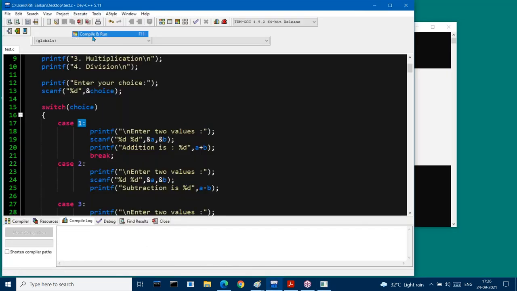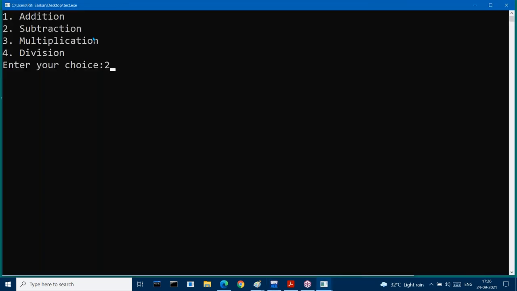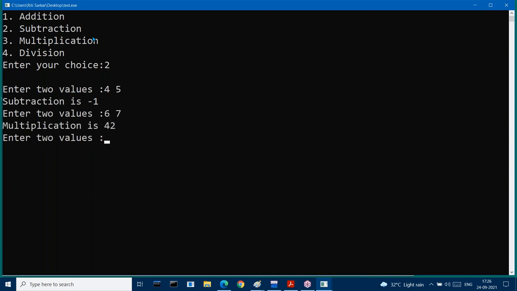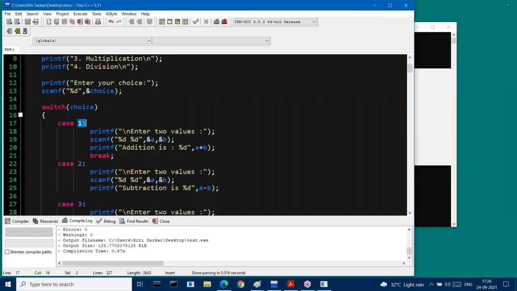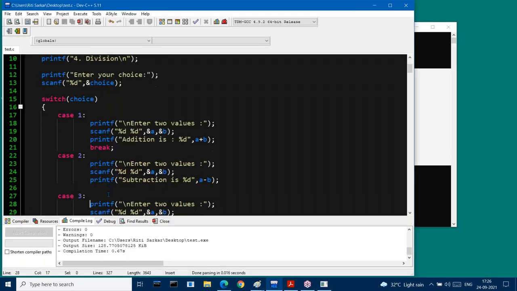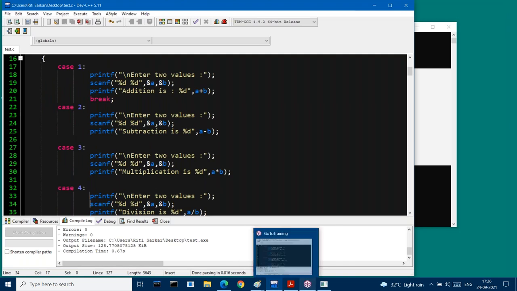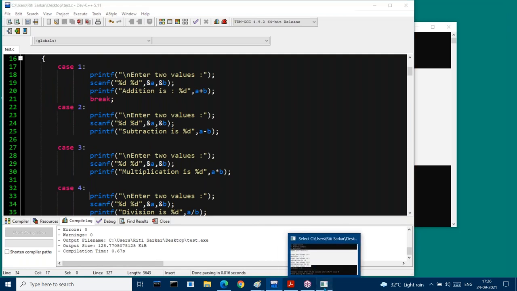Suppose this time, when the menu appears, you give choice 2. Enter 2 values 4, 5. You are expecting only -1 to come, and that's it. Arey, again it is asking for 2 values. What's happening? I've given the break. Still it is asking. What is happening, sir? What do you think is actually happening? Arey, you have given the break only for case 1. You have not given the break for case 2, case 3, case 4. That's why once a matching case is found for case 2,